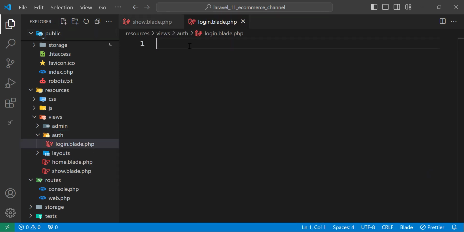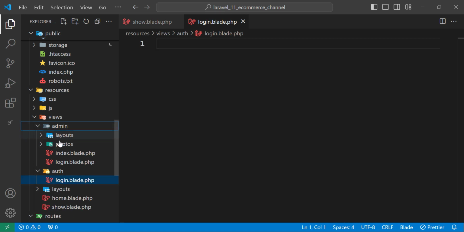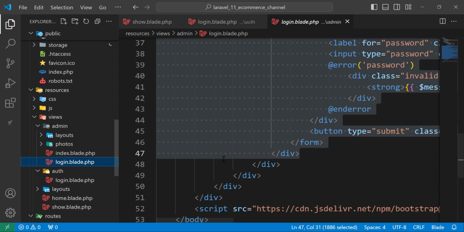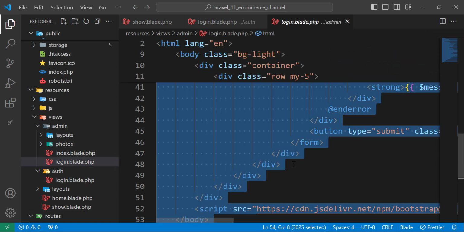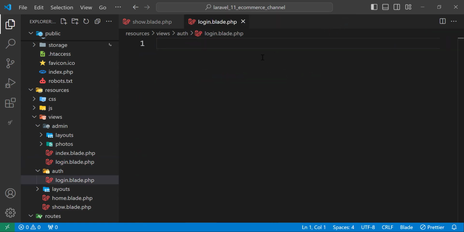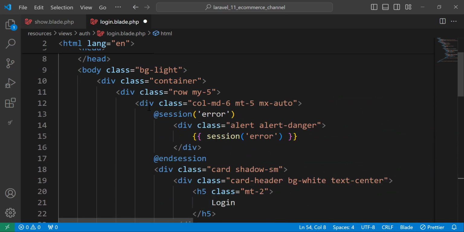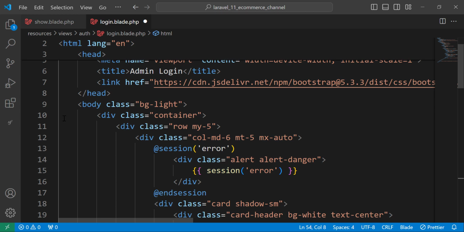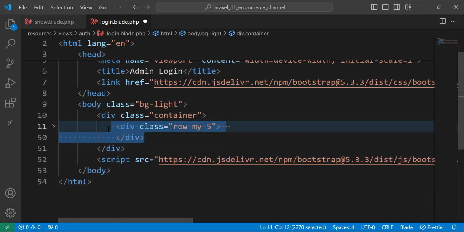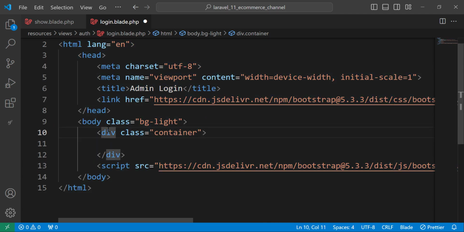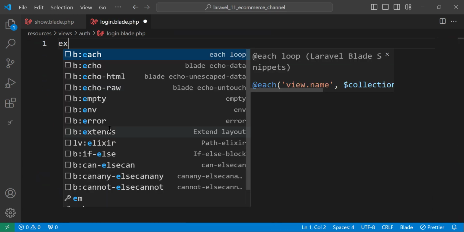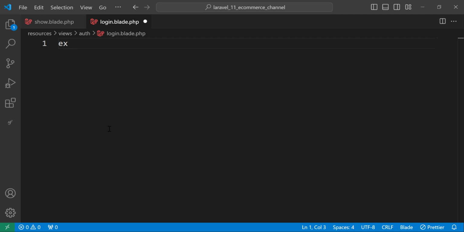Let's copy everything from here and paste it here, but we need only this part. So let's copy this part and remove everything, and now we need to extend